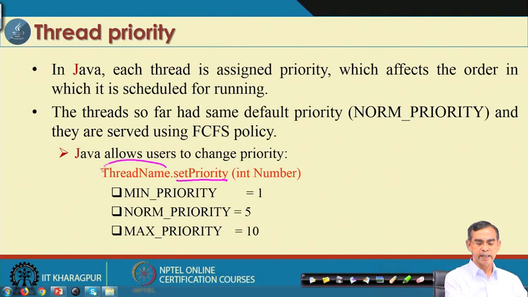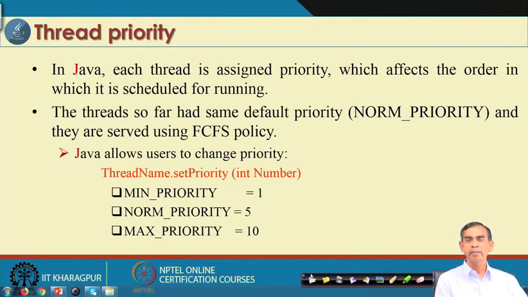So if this is the thread, we can call setPriority passing the number 1, 5 or 10, and it will set min priority, norm priority or max priority. Otherwise, you can write min priority, which is a global variable declared in the Thread class itself, so we can use it also.